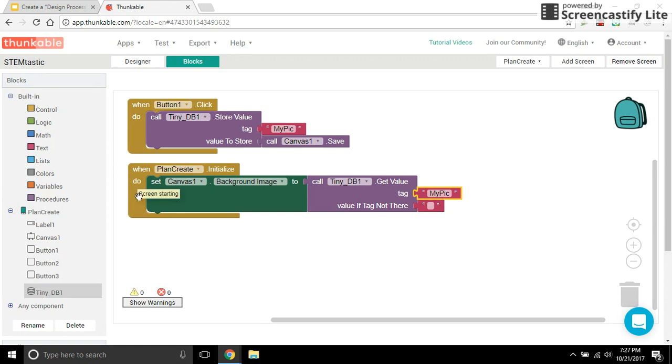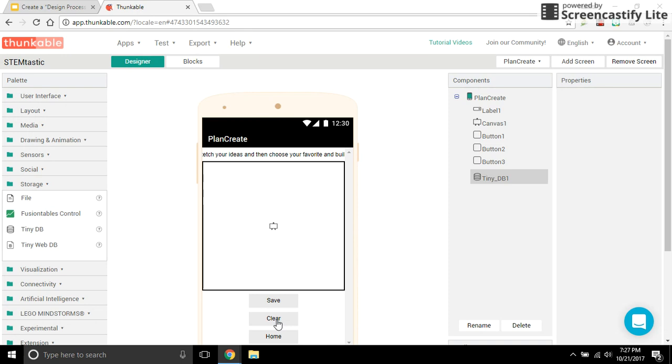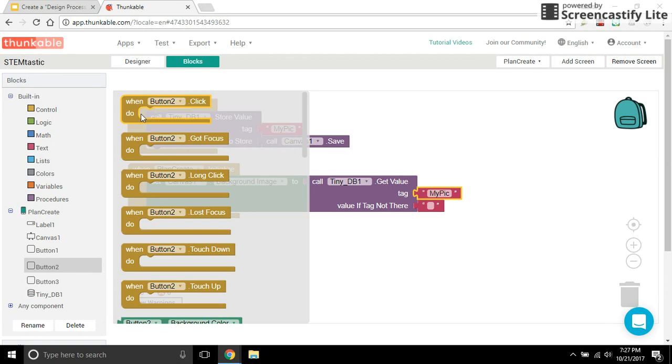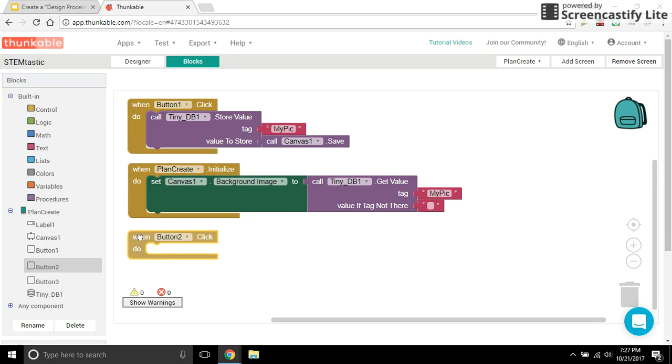All right, button 2, we want to clear. Remember over here, button 2 is clear. We want to empty the canvas. So if you make a mistake, you can erase it. So for button number 2, we go to here. When button 2 is clicked, we want to clear the canvas. So canvas,